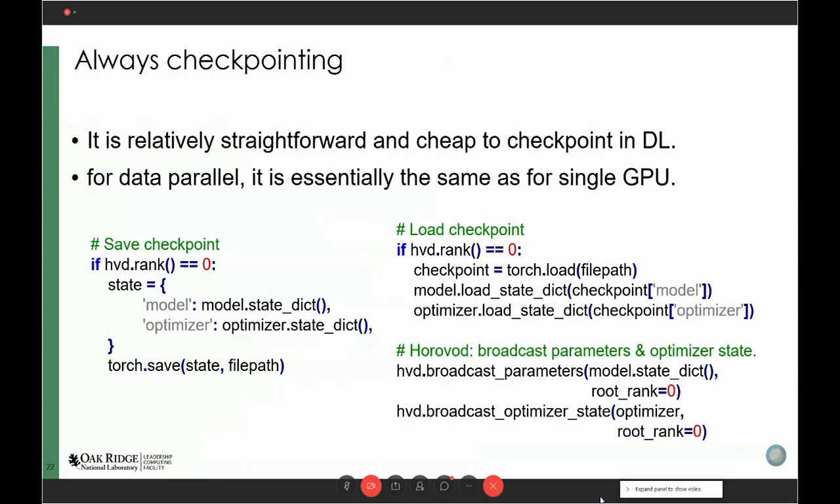So essentially, you just need to use a single rank to do the checkpointing. In the syntax of PyTorch and Horovod, you define a rank, let's say rank 0, to save the model and optimizer, then call the torch.save API, and that's your checkpoint. In terms of loading a checkpoint, again, you use a single rank to load your model, load your optimizer, then broadcast